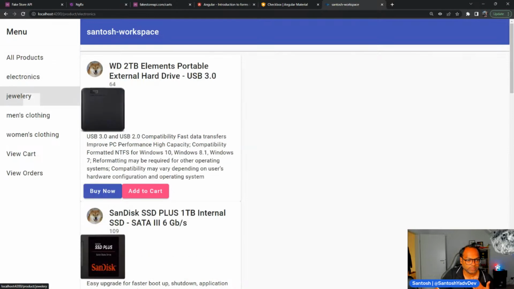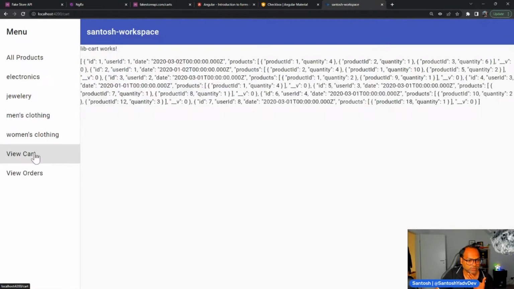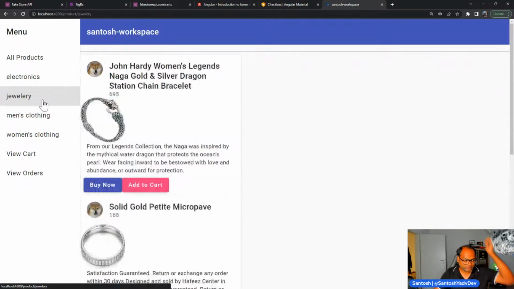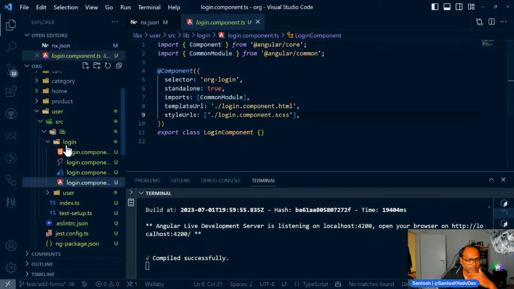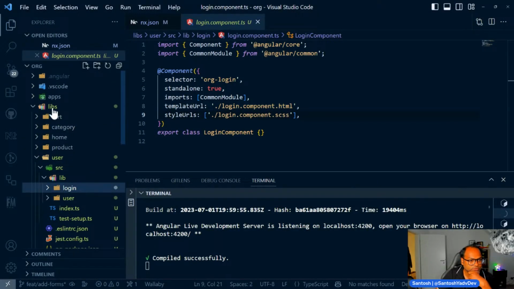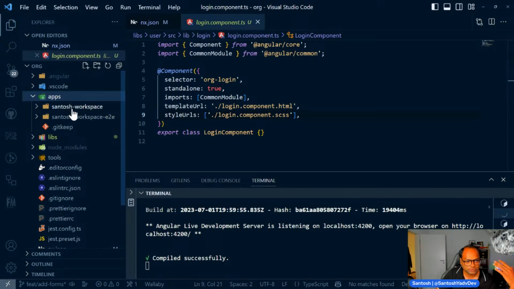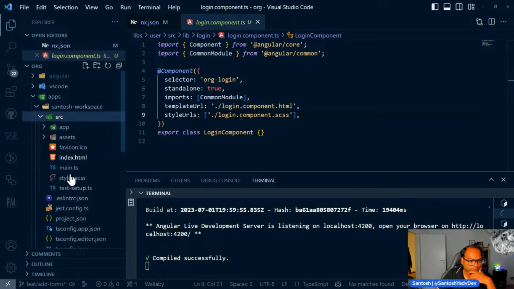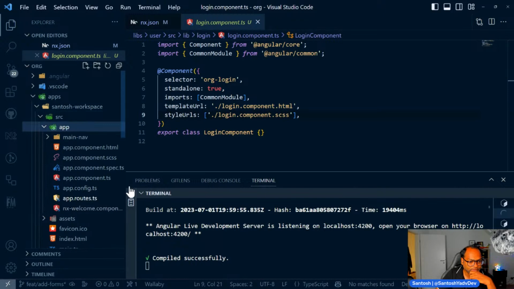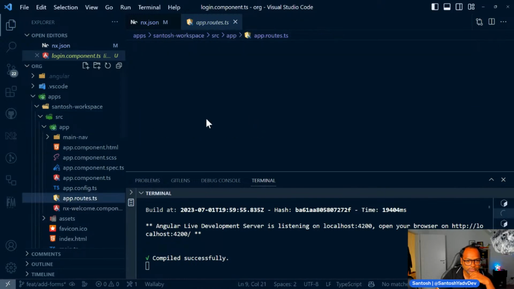Like we have products and then we have filters based on this product, and then we did view cart last time, and now we need login as well. So it means we have to create another route for login. So let's go ahead and do that. So this is where we are adding all the routes so far. So we can go to src app routes,